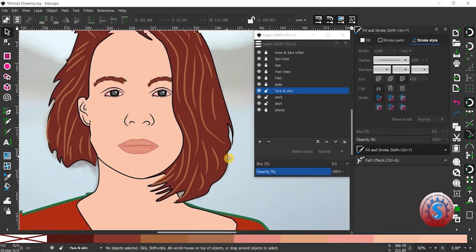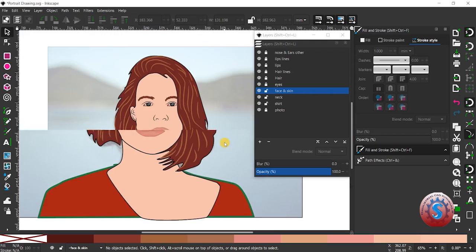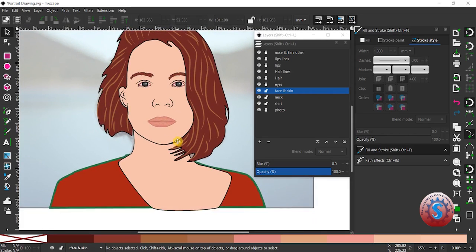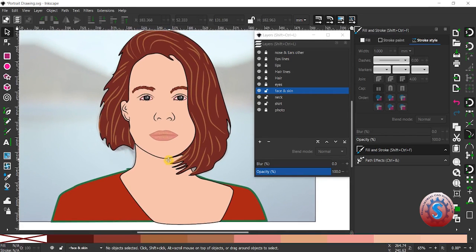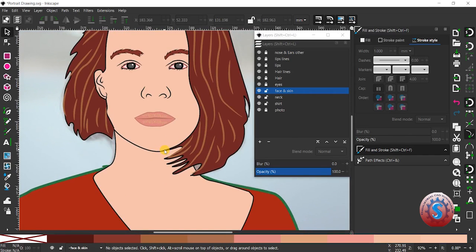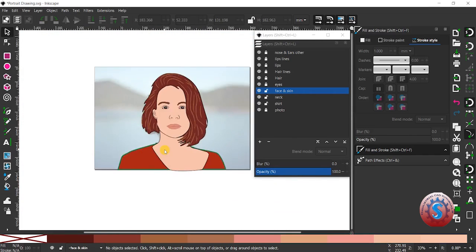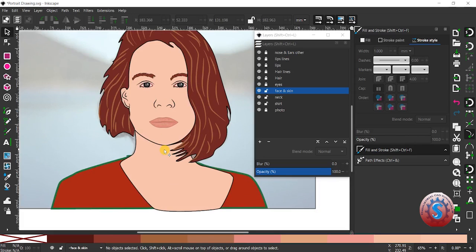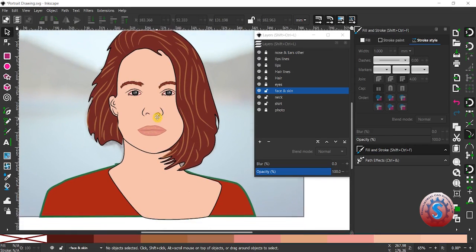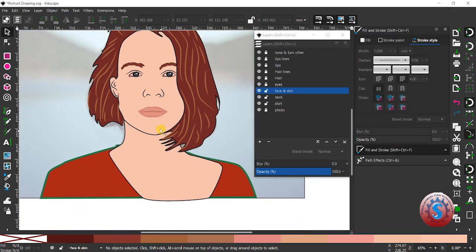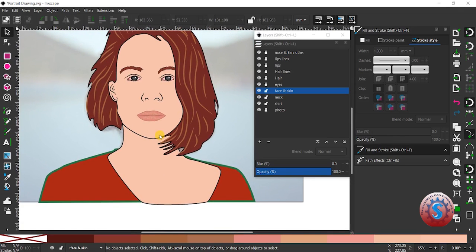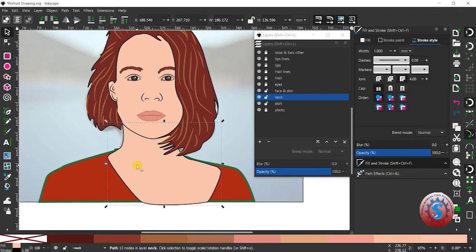The color of the t-shirt is also okay. You can observe that you can give the stroke a different color. You can also give the t-shirt a different stroke as you wish. And you can observe the lips are okay. Then the final shading is required. You want to move this selection by using the move tool, that is called selection. You can also rotate this somewhat. You can also stretch the neck. I think it is fine, it is okay.